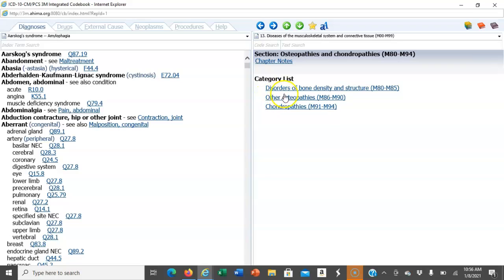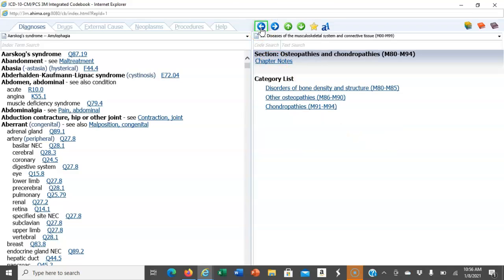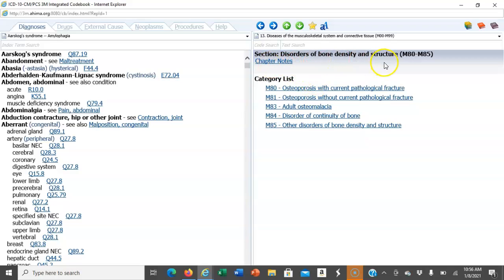I want us to look at this category. This is a category for osteomyelitis, osteonecrosis. These are conditions that are affecting the bones. And so disorders of bone density. So osteoporosis is a disorder of bone density, and we're going to be looking at the coding guidelines that deal with